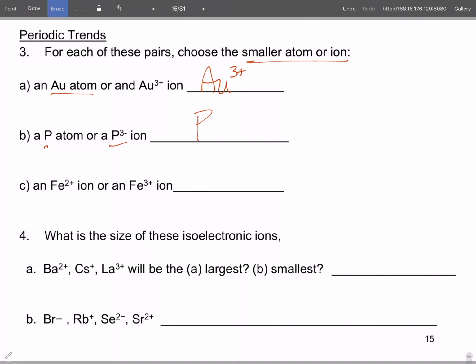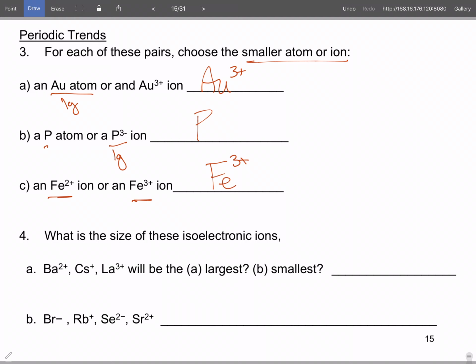So we're going to pick the P. This one's going to be the larger. This one's going to be larger in this group. So if we're comparing 2 plus to 3 plus, the 3 plus will be smaller because it's even pulled in. So again, they're asking with these isoelectronic,